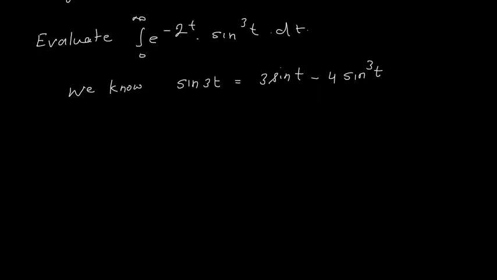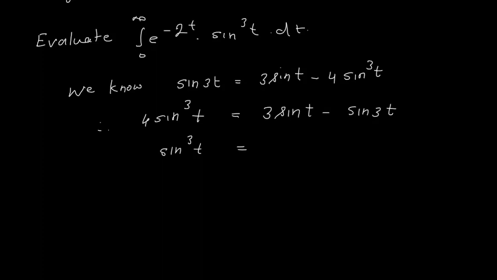Therefore, from this I will get the value of 4 sine cube t as 3 sine t minus sine 3t, and this gives me the value of sine cube t